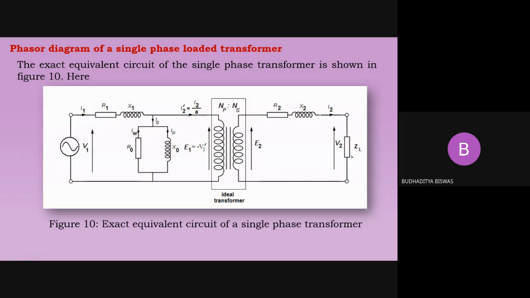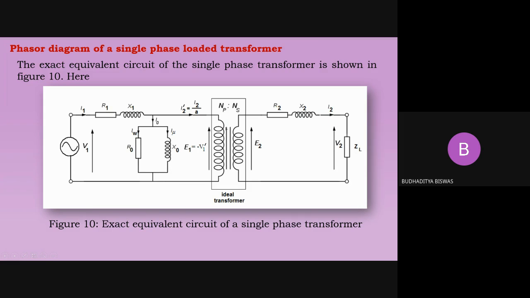In the same way, we have the load voltage and the load current. Based on the characteristics of the load, sometimes the current lags, sometimes the current leads, and sometimes it falls on the same axis. So first we need to draw these two things. Then, once we are able to draw I2, we need to draw the voltage drop across the secondary resistance and reactance. Then we take the summation of the voltage drops across the resistance, reactance, and the load to find E2. E2 and E1 should fall on the same axis.